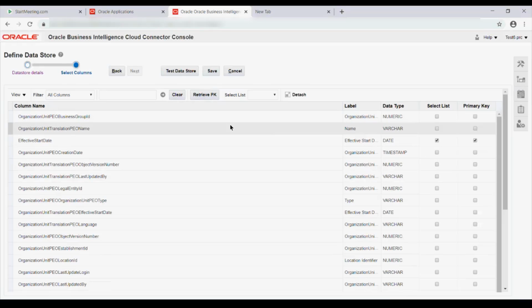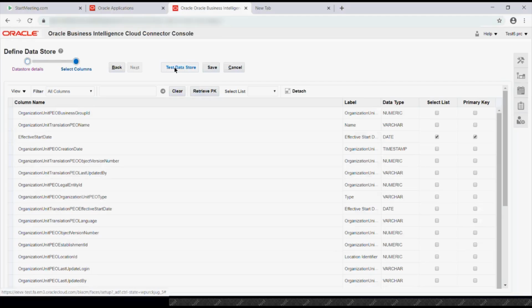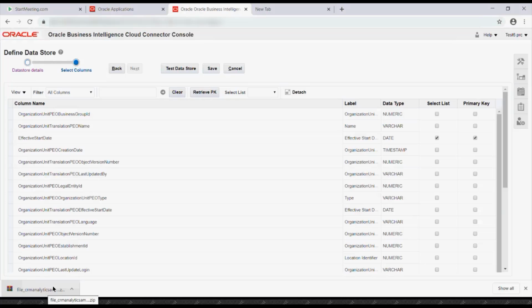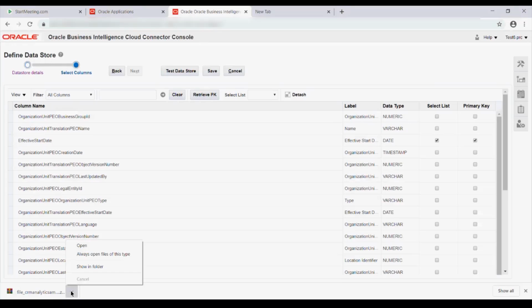Then you can retrieve your primary key, and then you can click on test data source, or I think save is there, just to see if it is working fine. It downloads the zip file, which is nothing but your data. So this is finally what you are going to get on a schedule basis also,